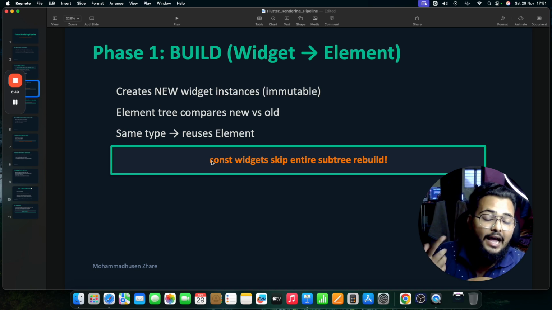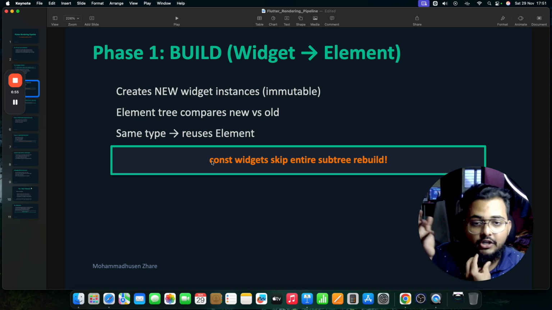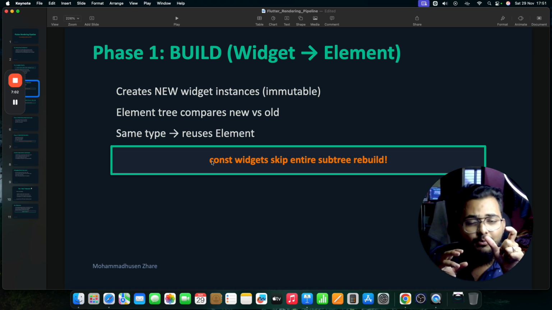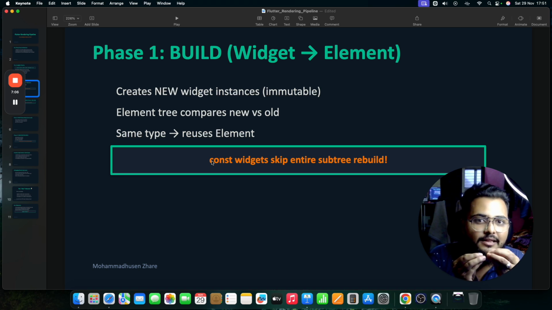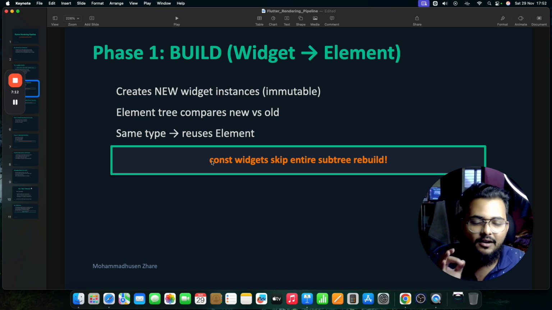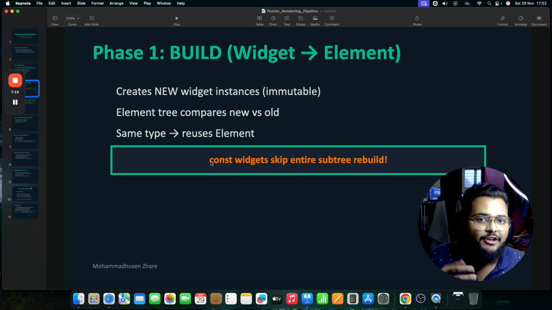If your style depends on the theme, like Theme.of(context).textTheme.bodyLarge or bodyMedium, then you should not mention const there, because bodyLarge is nothing but a variable, whose value changes from device to device, font size to font size. So you will not mention const there, because it is not a constant, it is variable.